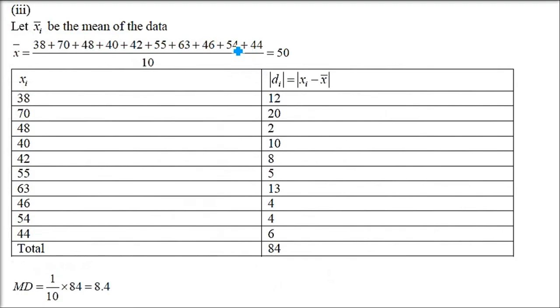Next one is, you have to add all the elements, divide it by the number of elements, you'll get a mean. Now subtract this mean from each element, and whatever is coming, for example -12 is coming, you have to take the modulus. So -12 you have to make 12. Basically xi minus 50 we are going to do. Take the positive, add all of them, 84 will come, divided by the number of elements, which is 10, 8.4 is going to come. This is also an NCERT question.